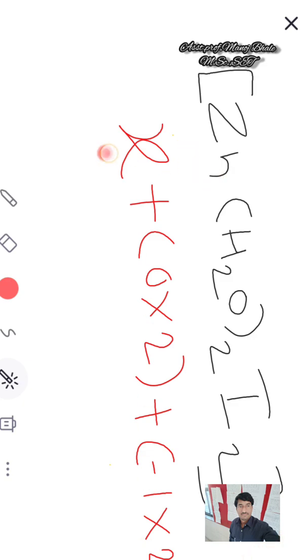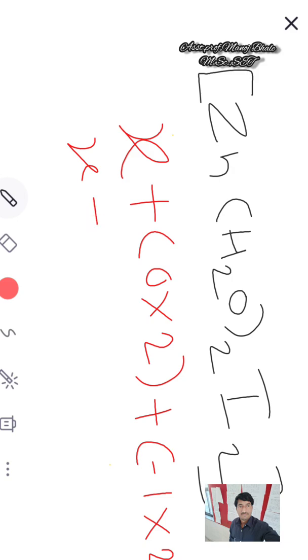Zinc, which is X; water, which we consider to have 0 charge because water is a neutral ligand, 0 into 2, as there are two water molecules; plus iodine, which has a -1 charge, and there are two iodines, so -1 into 2, is equal to 0. So after solving this bracket, X